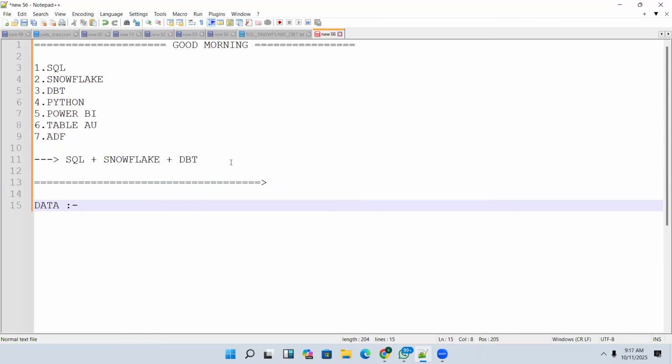So what is data? In simple words, it's raw facts, or a collection of information.